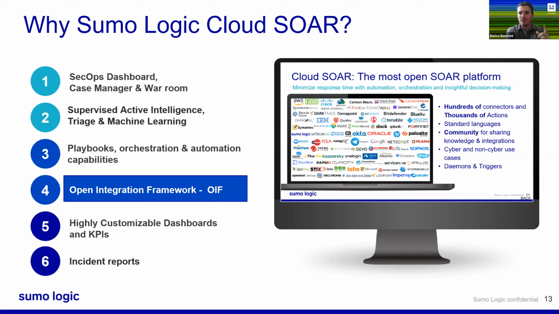But the place in which you can start implementing an automation project is App Central. App Central is the repository of existing integrations and playbooks that we created in the last 10 years based on our experience in the field. That is the starting point that you can use for building your own